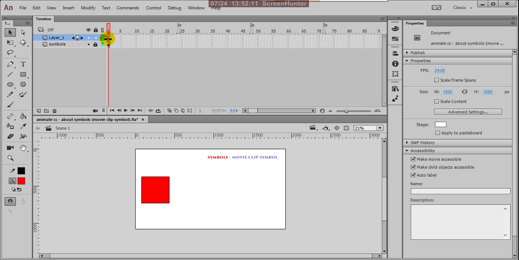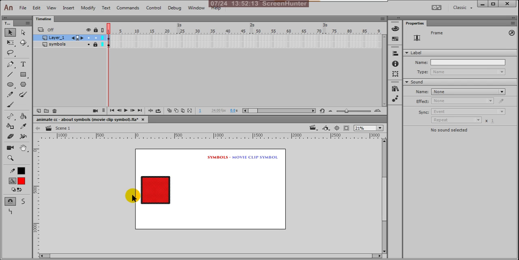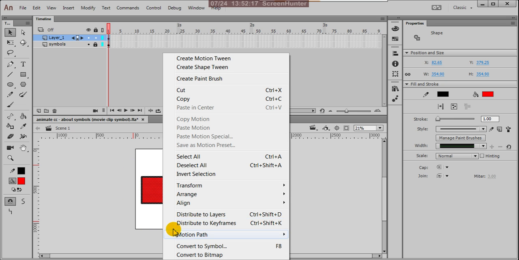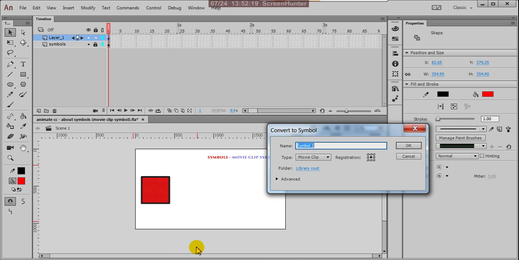Then click this frame, or otherwise drag and select, right click and convert to symbol. This time, instead of button symbol and graphic symbol, click on movie clip.